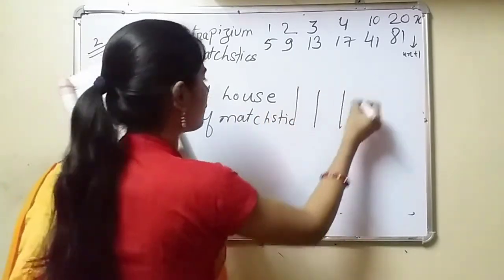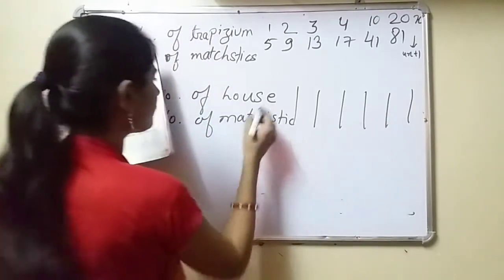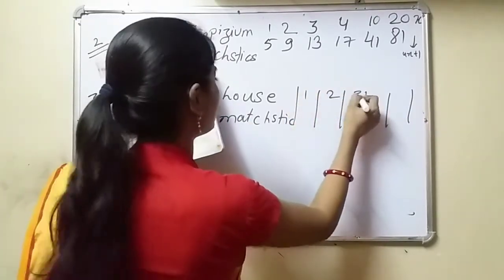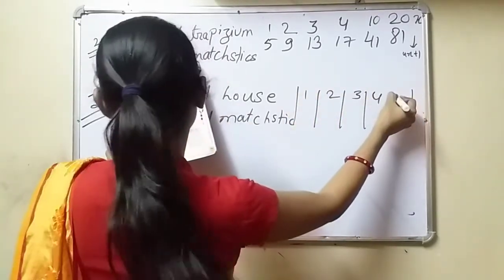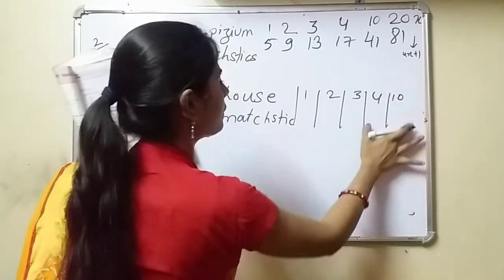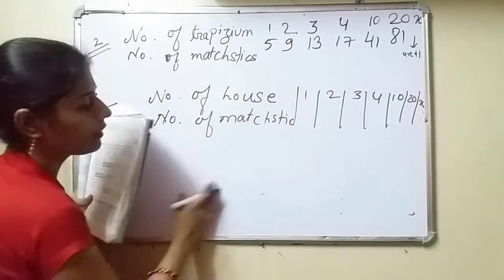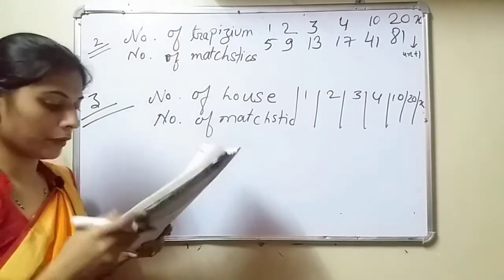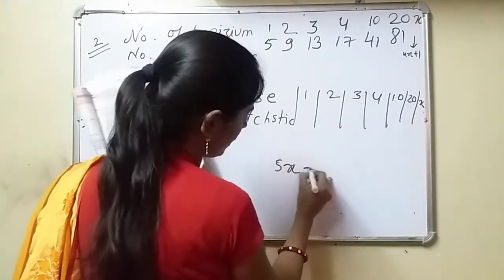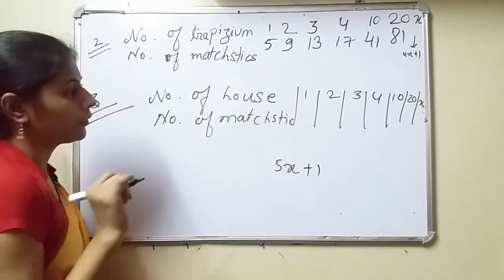Here also they have given one formula for us, 1, 2, 3, 4, 10, 20 and x. Okay, now see, for house they have given one formula here, 5x plus 1. See, for in one house,